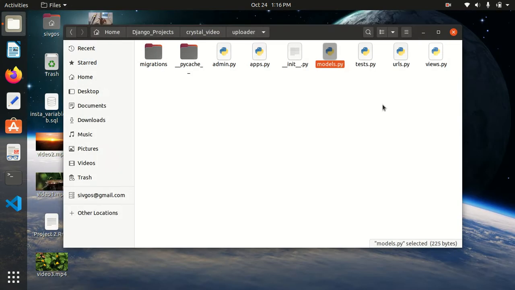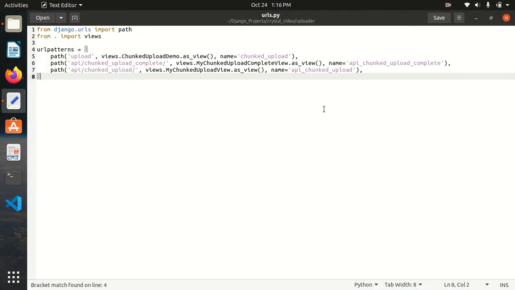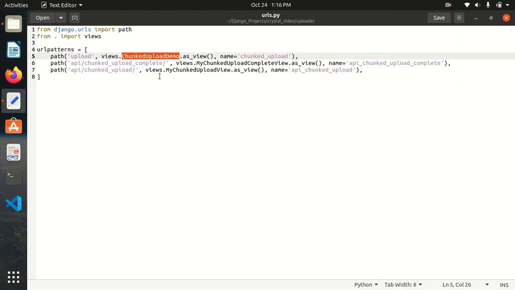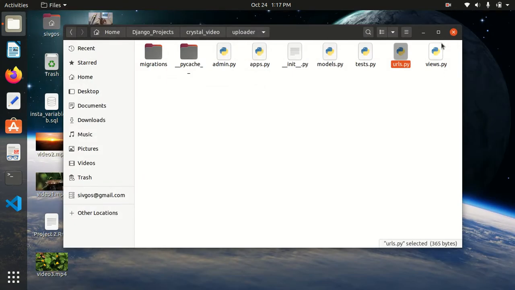Now let's go to the other file, which is the URLs. In the URLs, along with this chunked upload, we have this chunked upload demo where the entire code for how to access the chunked upload library is available. There is some server-side code and some client-side code. Everything is available in the library. So I'm just using the demonstration code which is available in the library, and I'm just keeping it as it is. I could change the names, but I have not done it.